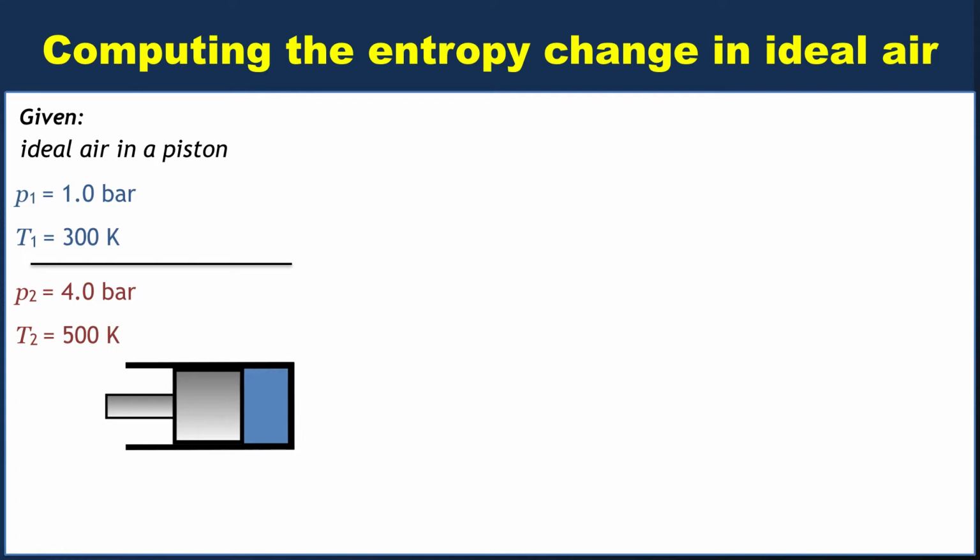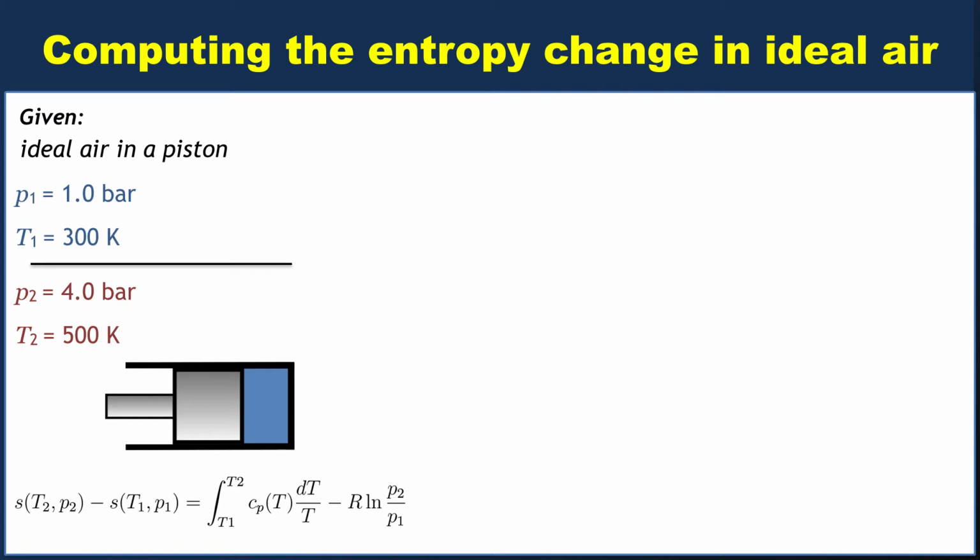Okay, so the good news is we actually know exactly how to compute the specific entropy change for an ideal gas, and it's using this expression that was in the previous video. The bad news is that we have to figure out what to do with that specific heat integral, because if you look in the back of your book, the specific heat at constant pressure of air does vary quite a bit between 300 K and 500 K. It's a large temperature range, so you can't simply pull Cp out of that integral, which would make the integral a lot easier. So we have to find a way of coping with that,